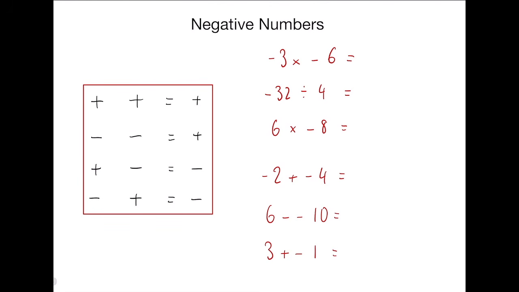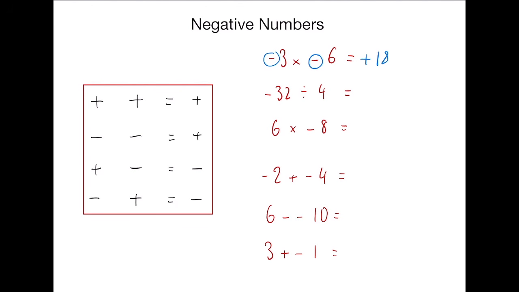Next on our list is negative numbers. Here on the left we have all the rules that you need for negative numbers. However, as you'll see in the examples, these are applied slightly differently depending on whether you're multiplying, dividing, adding or subtracting. So when we are multiplying and dividing, we can notice we have 2 negatives straight away. This means our answer is going to be positive by following rule number 2. Then, once we've decided what sign it's going to be, we just do 3 multiplied by 6 and we get